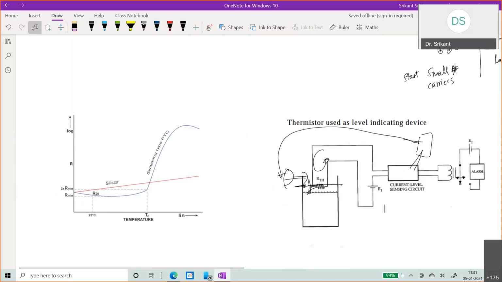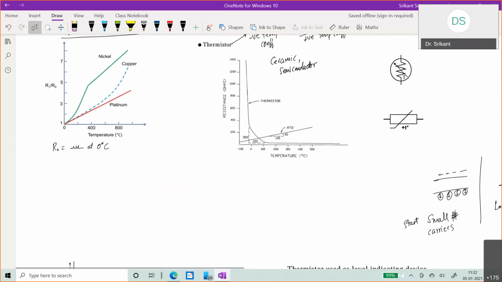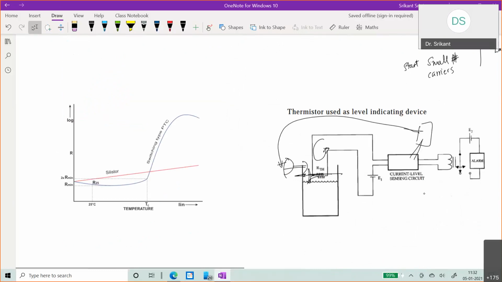So here is an example of a switching type of positive temperature coefficient device. So normally you see that the resistance is increasing in a very gradual fashion. So this is all gradual increase in resistance, right? As an increase in temperature. Whereas this is a material where you can see that probably it is not made of a single material. This might be a composite of multiple materials. So at some initial temperature, for low temperature, it almost shows the resistance reducing, increasing, and then suddenly it undergoes